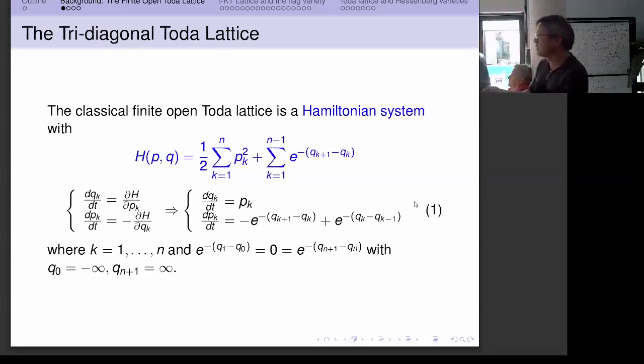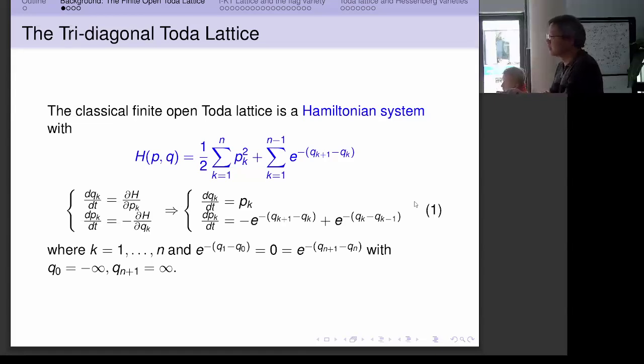The kinetic part is always the same, and the difference is in the potential part. The potential part tells us how the particles interact, and only the nearest particles interact with each other, with exponential potential. So here is this Hamiltonian, and with the standard symplectic form, I can write down equations for the position q and also the momentum p_k. This equation was essentially written down in 1967